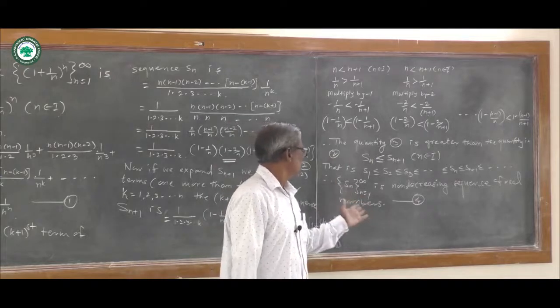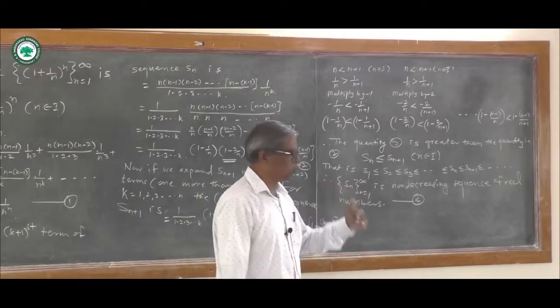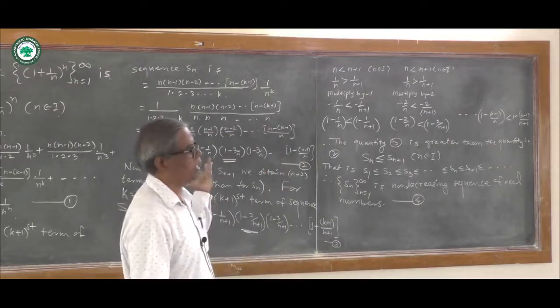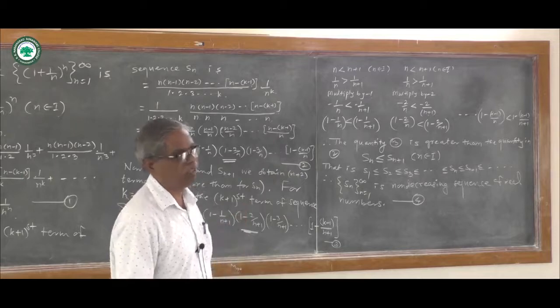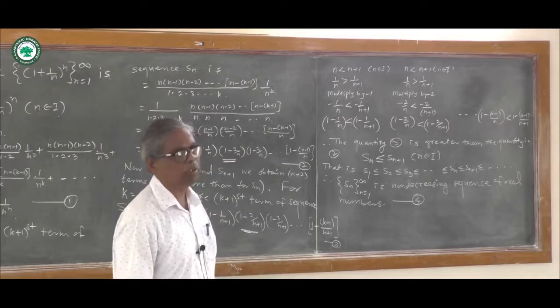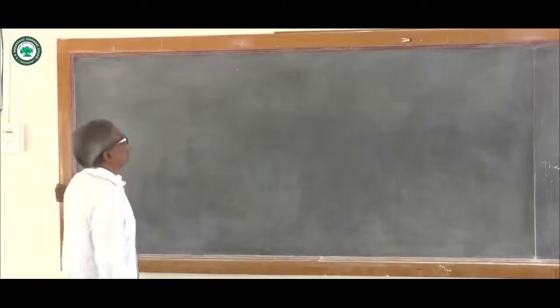we have to prove this non-decreasing sequence is bounded above. Therefore, by theorem 1, a non-decreasing sequence which is bounded above is convergent. Therefore, Sn, n equal to 1 to infinity, is convergent. From 2,